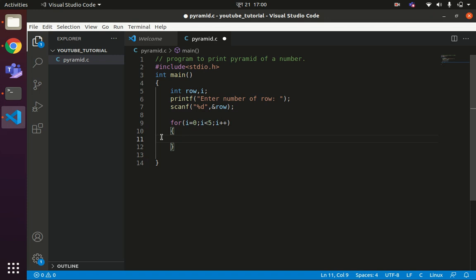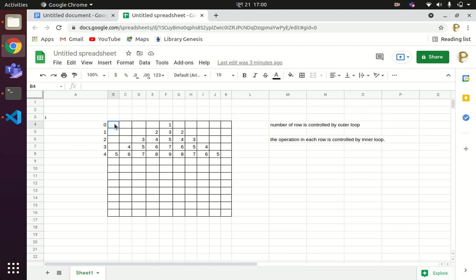Now let us write the code to implement the space part. In the first row we are printing 4 spaces. In the second row we are printing 3 spaces, then 2 spaces and 1 space.